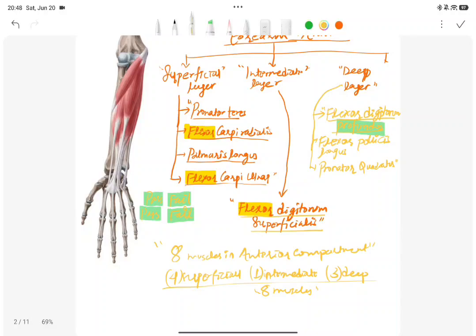अगाडि आएको pronator teres हो, अहिले आएको pronator quadratus हो, किनभने यो deep layer मा छ। क्वाड्राको हुन्छ यसको साइज, यसको सेप is like a quadrangular in shape, त्यसैले नाम यसको quadratus भयो। And there is a flexor pollicis longus; pollex भनेको thumb, so flexor pollicis longus in the deep layer. यो पनि सम्झिनु पऱ्यो।